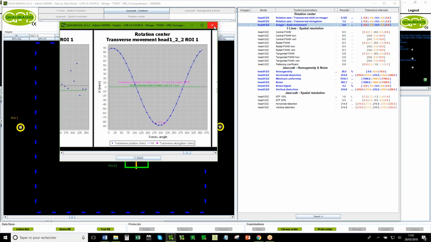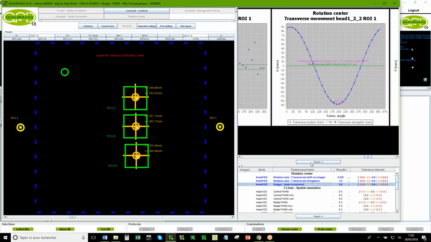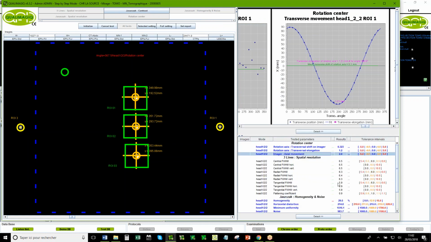So I can answer your questions if you have any. You have been very clear. At the moment, I have no question. The only thing I must talk about with Dr. Beretta is this serpentine phantom. We have all the materials. We have slab, we have tube. We don't have the workshop in the hospital anymore to make some.